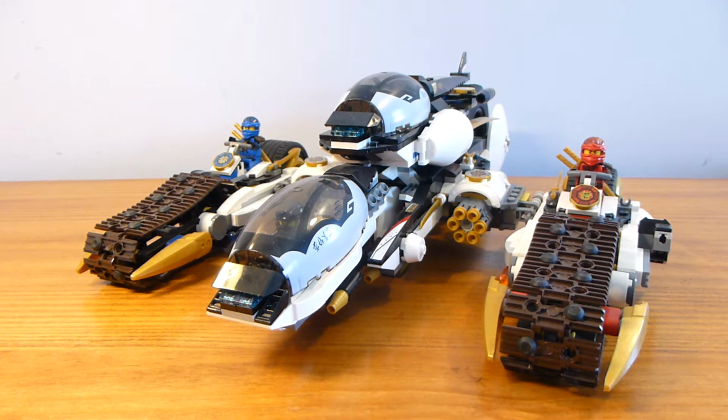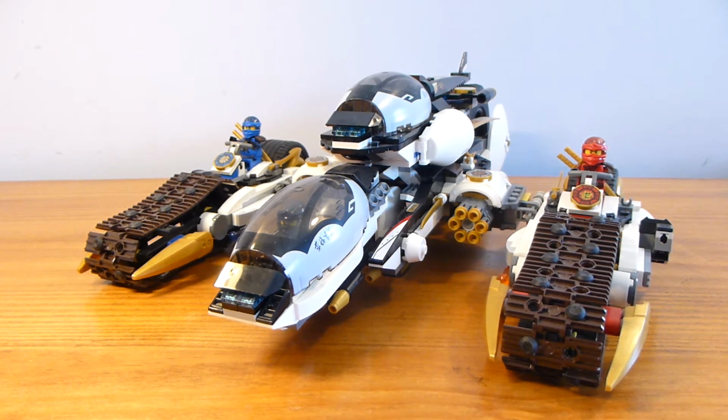And the actual Ultra Stealth Raider is kind of the main vehicle, but they only really use it in the first scene. In fact, pretty much all of the vehicles are only used in the first scene, aside from Cole's Rock Rotor. But you may remember when I filmed a review of this thing, which was a little while ago, because it's, you know, not the newest set, but